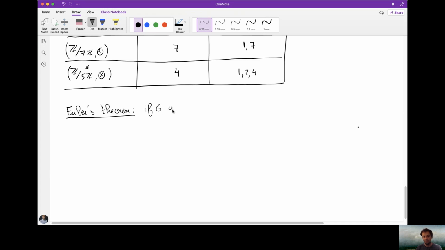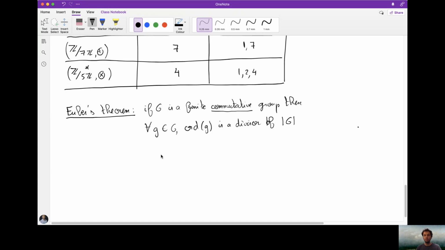If G is a finite group and is also a commutative group, and it only works in this case, commutative group, then for all elements of the group, the order of g is a divisor of the cardinality of the group,